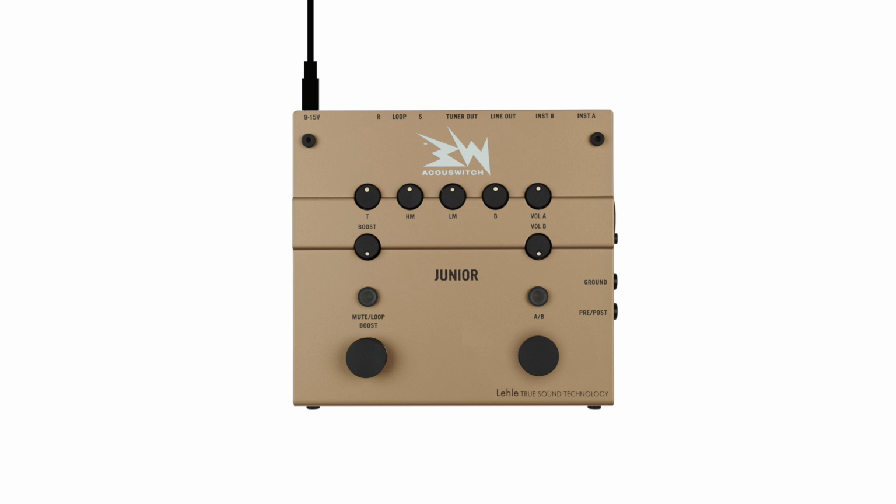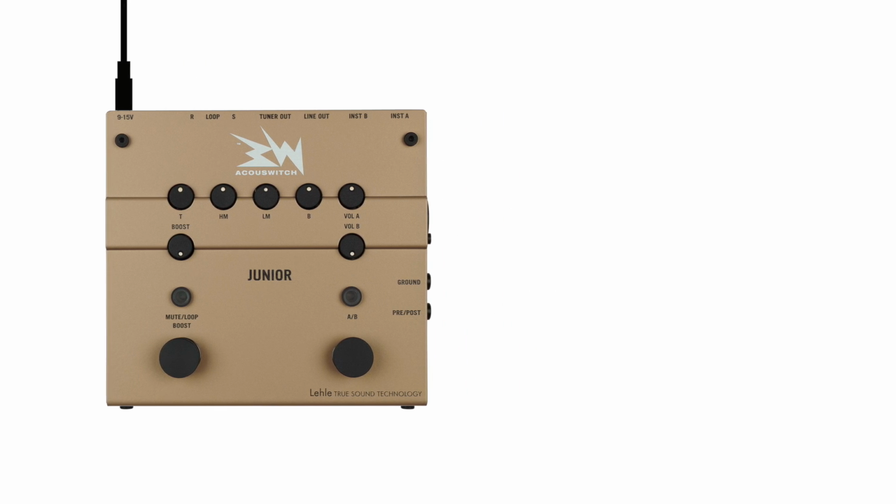The LED above the AB switch now flashes a sequence of different flashing signals. Depending on the flashing signal that is shown at the moment you release the switch, you choose a specific mode. The selected mode will stay even when you disconnect your Acouswitch Junior from the power supply until you set another operating mode. The modes for the AB switch are